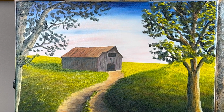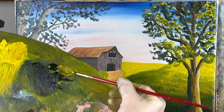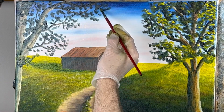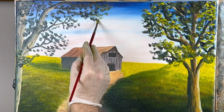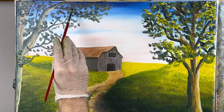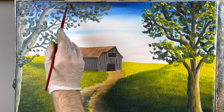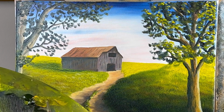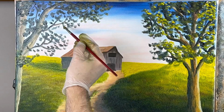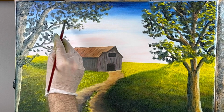Okay, let me look. Okay, let's get us a mid-tone. Let's see what we can do with that. I'm just going to use yellow ochre, sap green. Let's see what this kind of looks like here. Just a mid-tone, just a different color other than what we just put on, basically. Something different. Yellow ochre, sap green. I got a nice little pile there. Just a mid-tone, just kind of going over